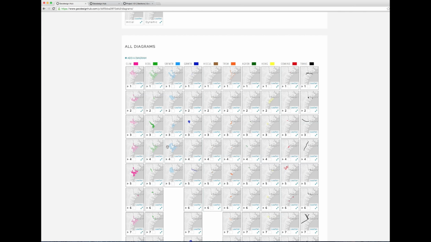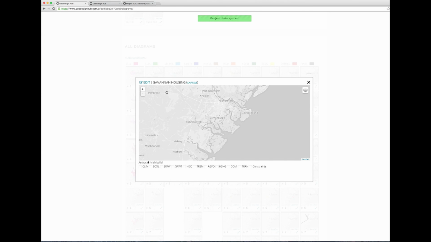And then you have to select if it is a project or a policy. You can also select if there is an existing diagram that you want to use in your diagram, but I'm not going to do that at the moment. And then I'm going to hit add a diagram. What it's going to do is go into the edit mode, and this is my Savannah housing